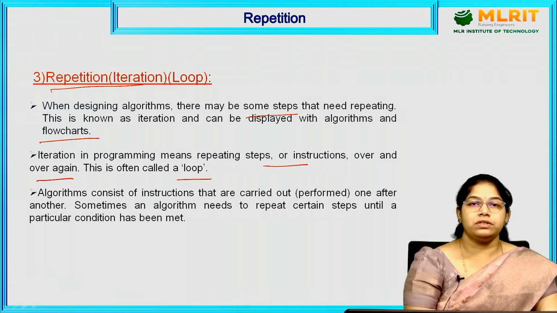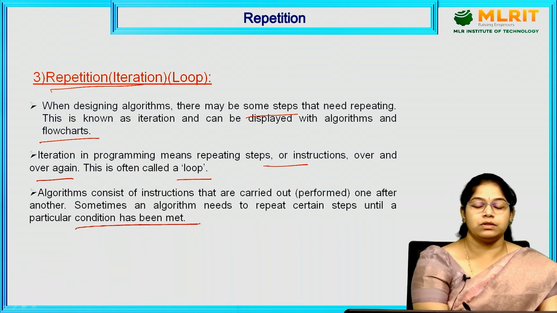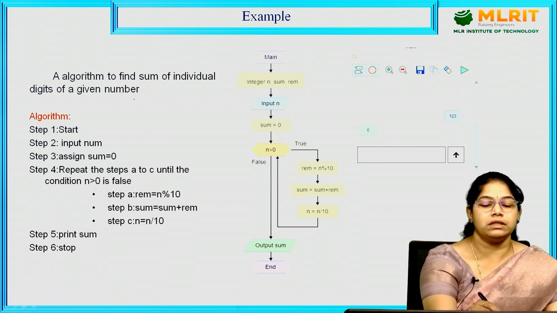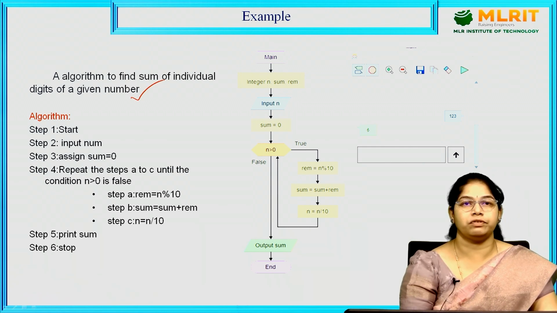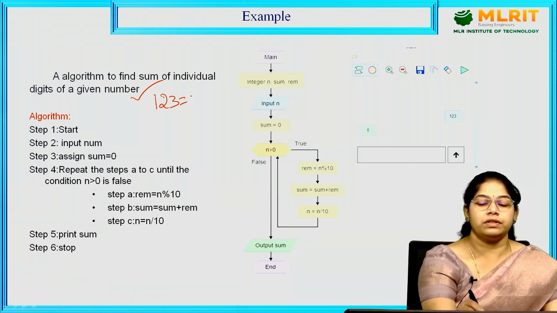An algorithm consists of instructions that are carried out, performed one after the other. Sometimes an algorithm needs to repeat certain steps until a condition has been met. Under this repetition, we are going with an example: sum of individual digits of a given number. Let us suppose we take the number 123, the sum of this is 1 plus 2 plus 3